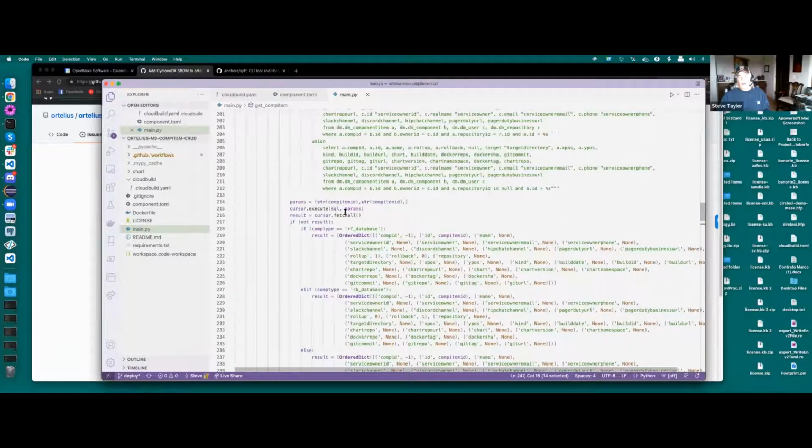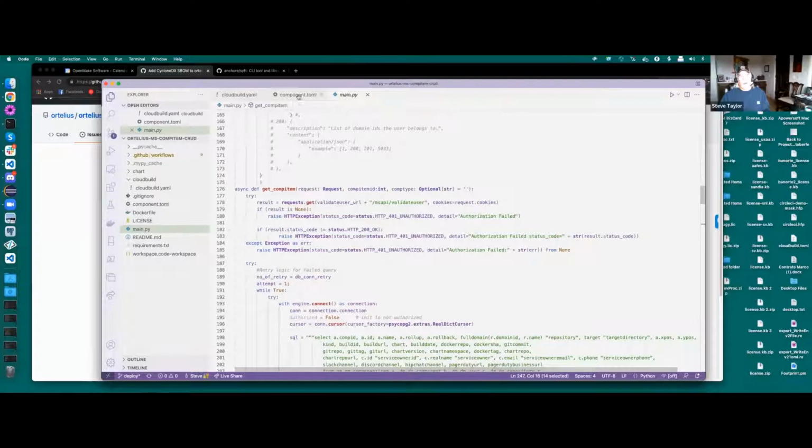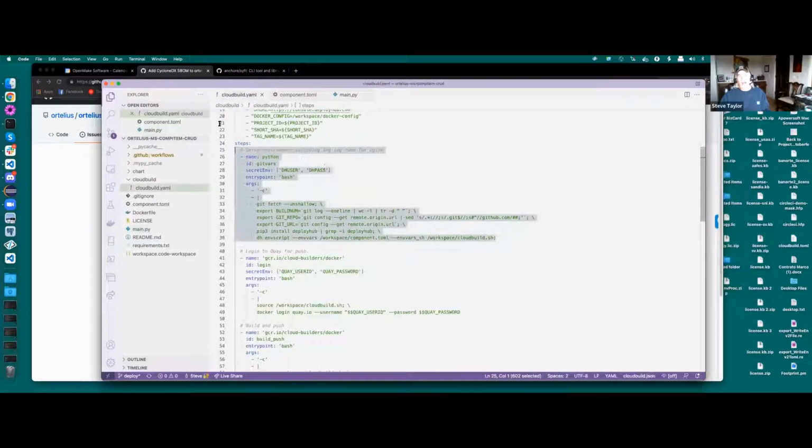What ends up happening is because this is Python, we need to grab at the container level all the Python dependencies and all the OS dependencies to create our SBOM. So that's where we're going to go ahead and add on to our cloud build the next step of doing the